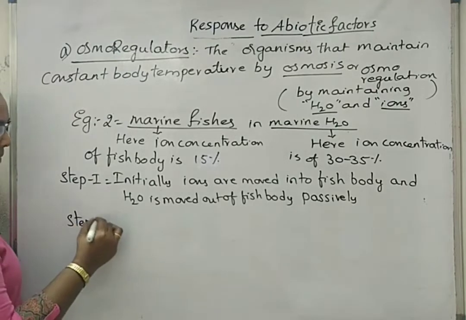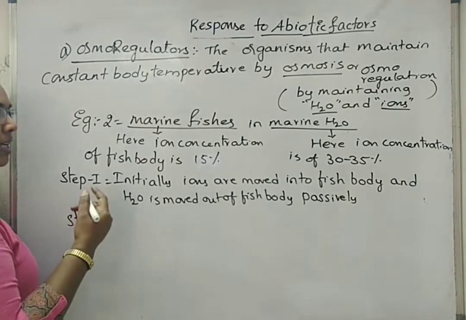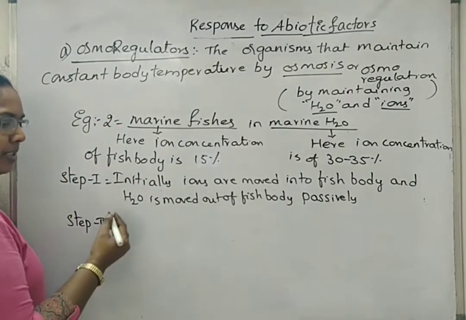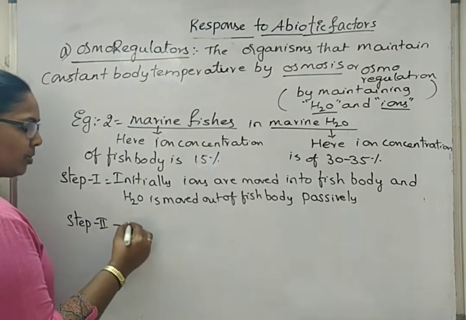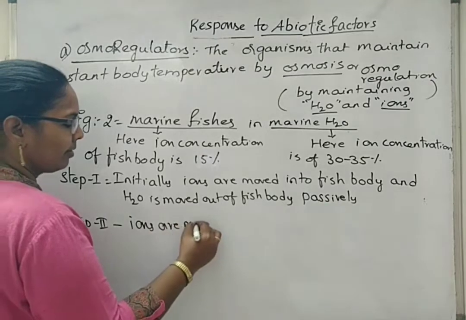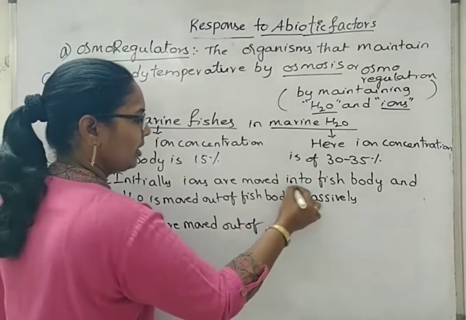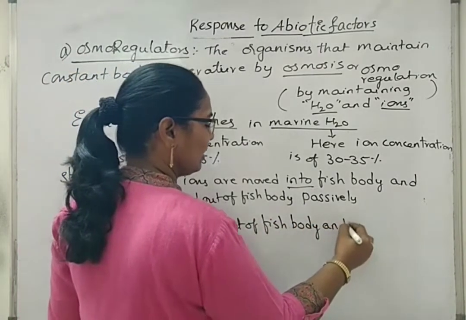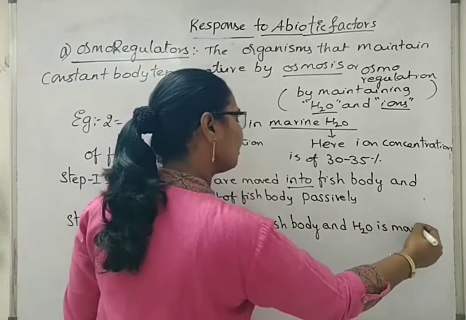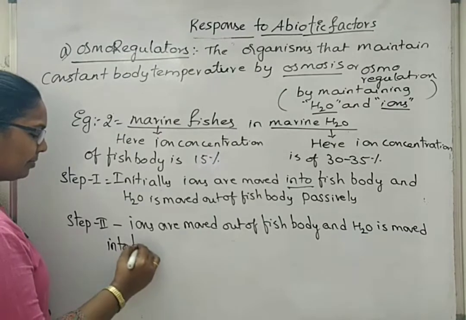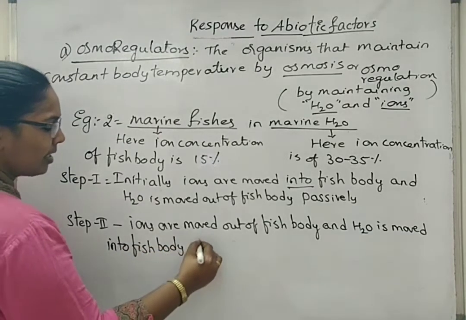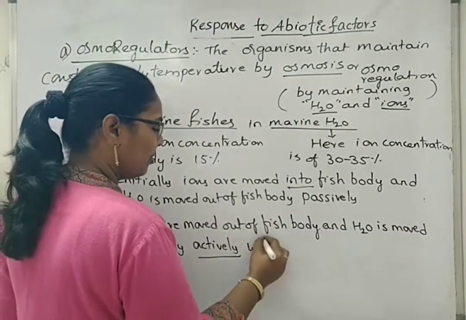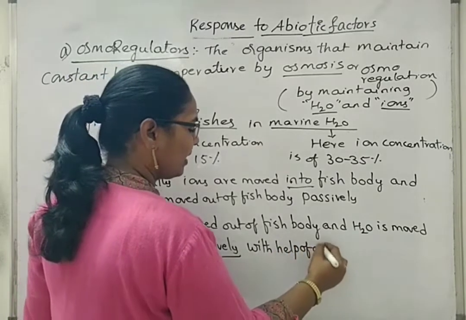Next, in the second step, ions are pumped out of the fish body and water will be moved into the fish body. This happens by an active process, again with the help of chloride ions. So ions are moved out of the fish body. Here initially it was into, now out of the fish body, and water is moved into the fish body actively, means by utilization of ATP with the help of chloride cells,